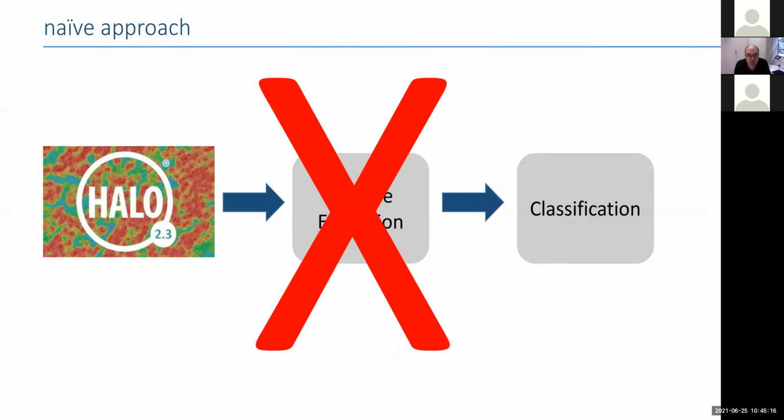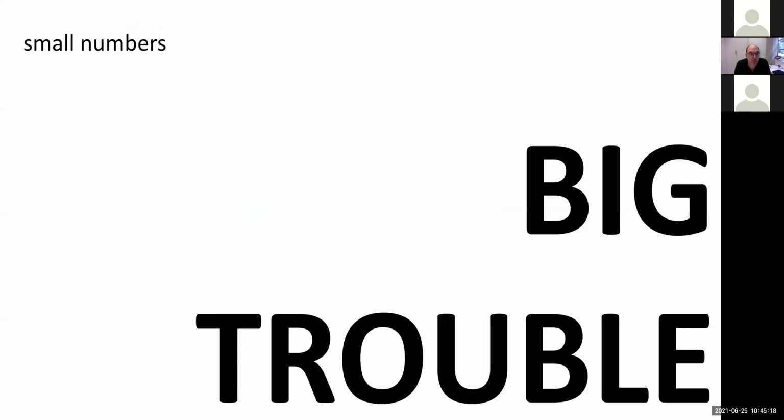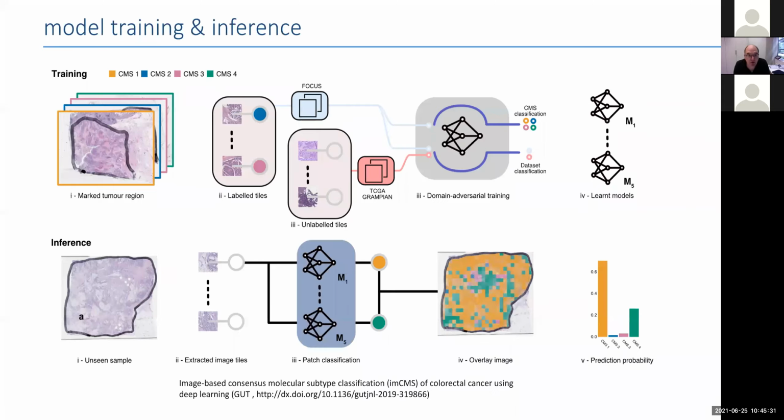But of course, this didn't work at all because we have actually very small changes in the tissue, which are almost like swamped in a sea of other features. And I'm basically coming back to that point at the very end of my talk. But here we sort of